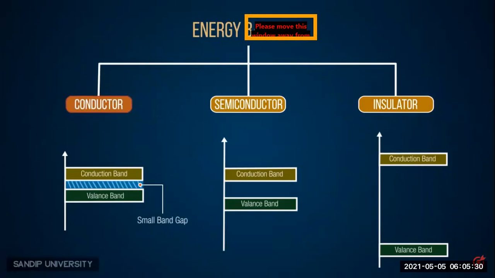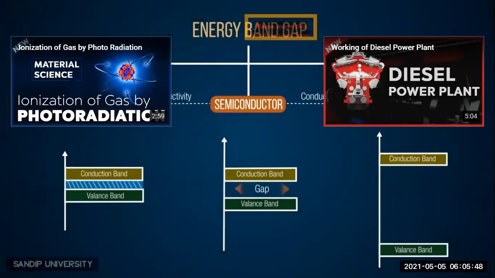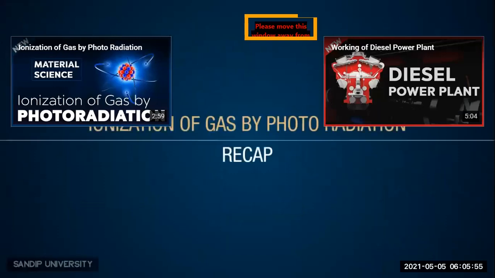Small band gap essentially allows for a constant conductivity. And lastly, when there is a small band gap like this as shown here, it just means that the conductivity in this case is somewhere between that of an insulator and a conductor. Hence, this kind of a substance is known as a semiconductor. Recap. In this lesson, we learned